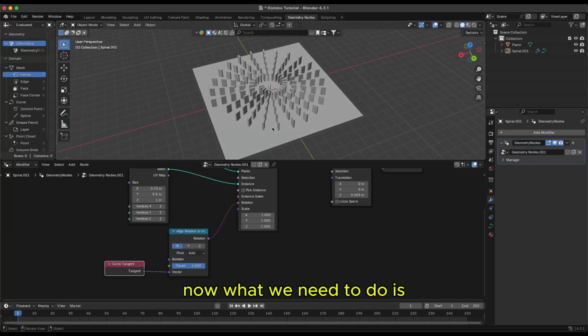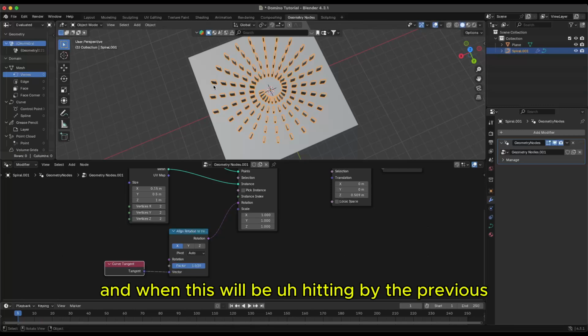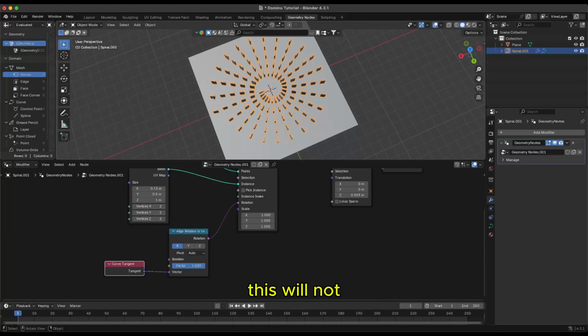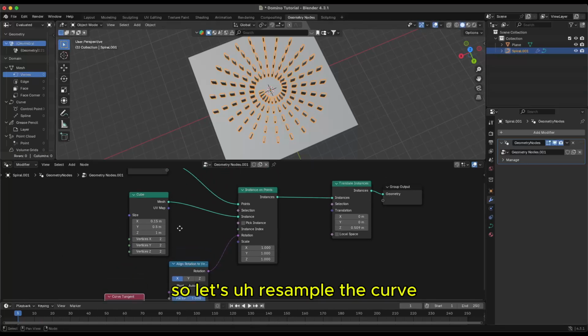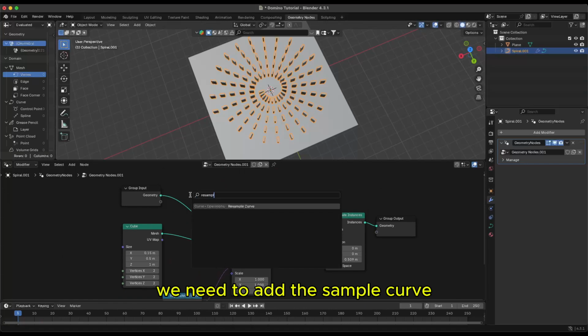Now what we need to do is, currently this point and this point are far away, and when one is hit by the previous one, these tiles will not hit each other. So let's resample the curve. We need to add the resample curve,